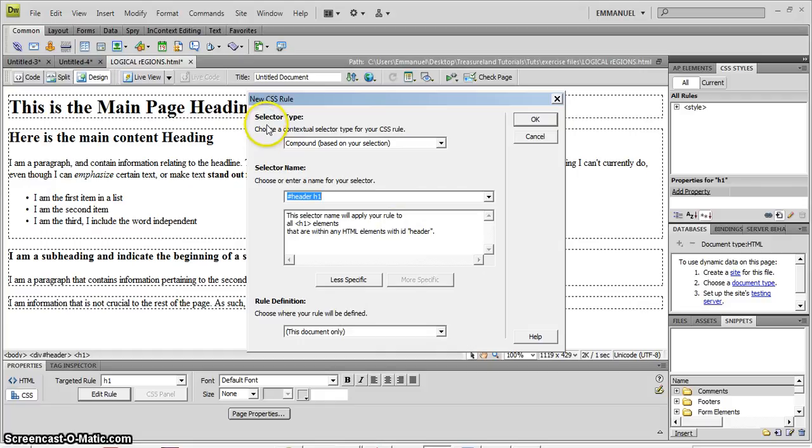Now your dialog box prompts you to choose your selector type. In our case, we are dealing with tags, so we click on it, a drop down menu appears and you choose tag. Now you also notice that you have your rule definition. It asks you where you want your rule to be defined. Is it just on this page or on every page that has the H1 selector? For now, let's leave it on this document only. We'll simply come here and put our H1